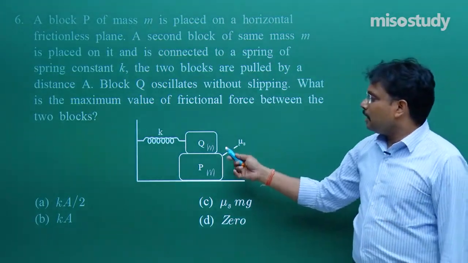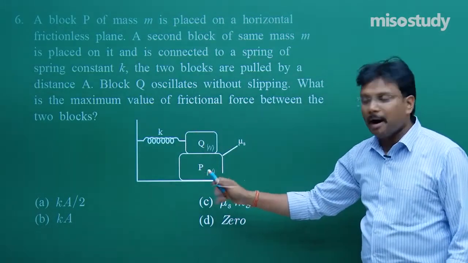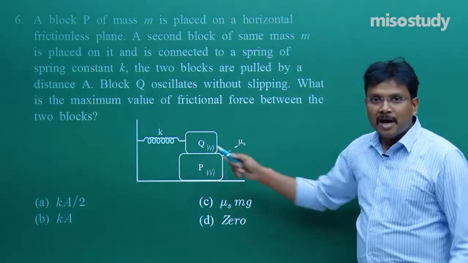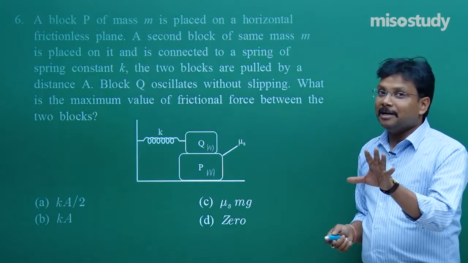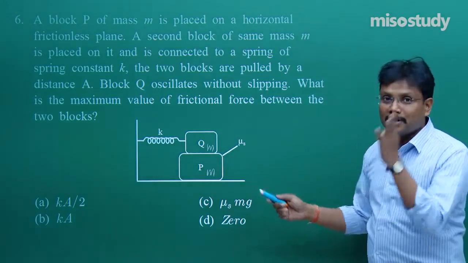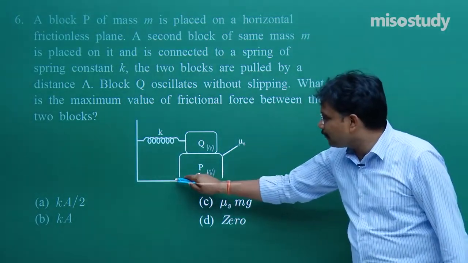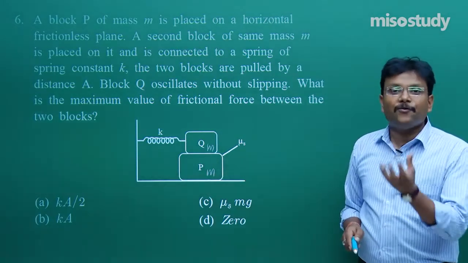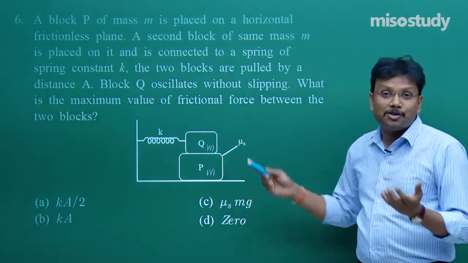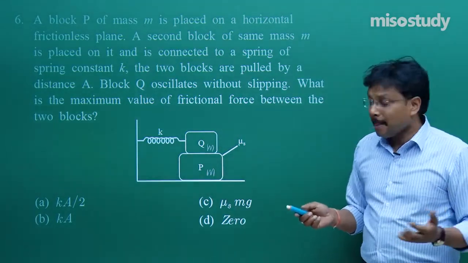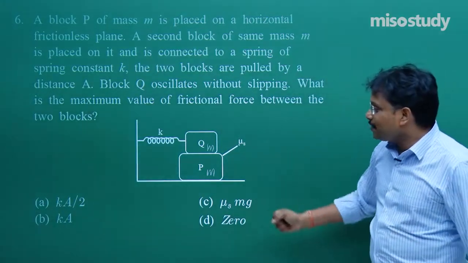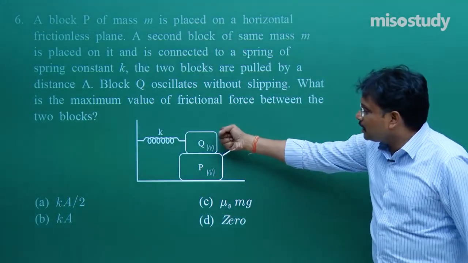Here one more aspect has been combined. Imagine the possibilities we can put over here. Make this surface with some friction, then the situation will change. Or Q alone is pulled